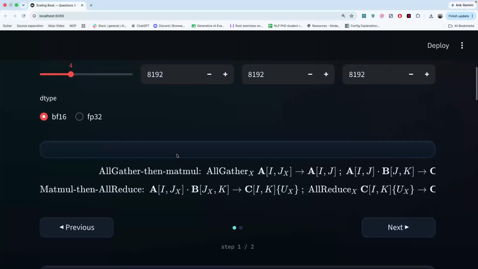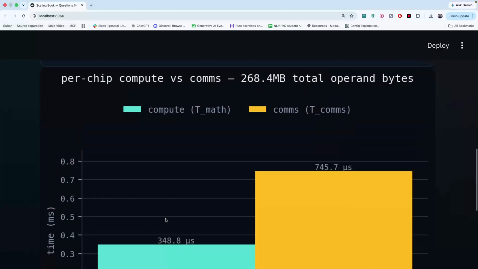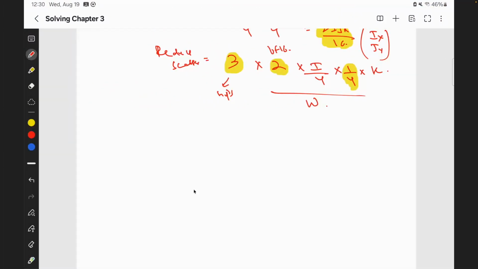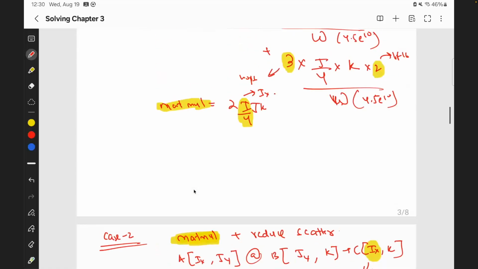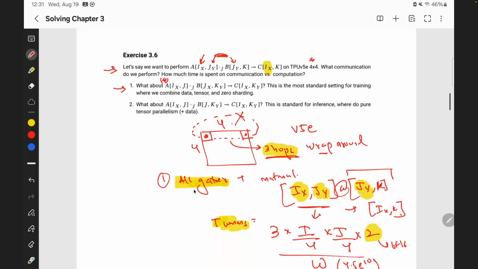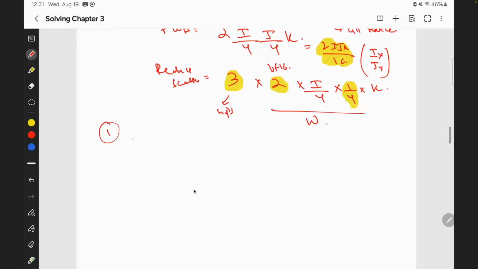So if I go back to question 6, you have these two, and in the question, if you have seen this part, we answered this part. Now we need to answer this. The question is saying, what about if we have this, how can we do this operation? So if I come down here, the first case is A_{IX,Z}